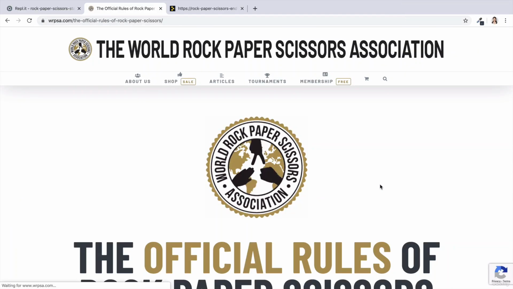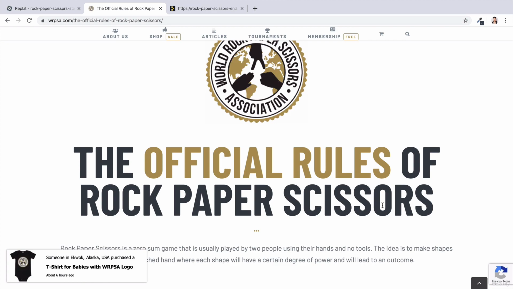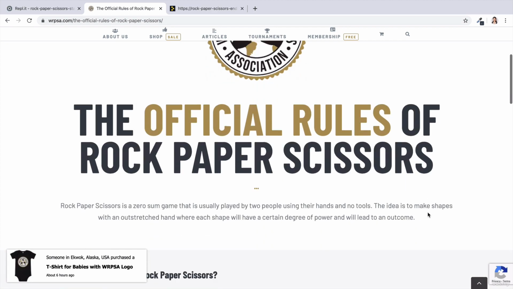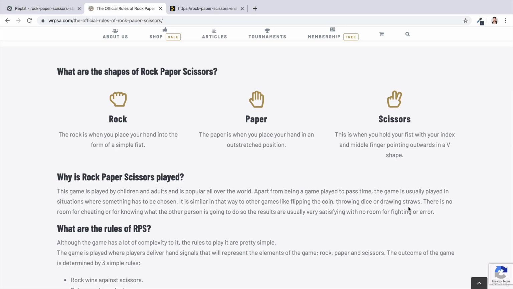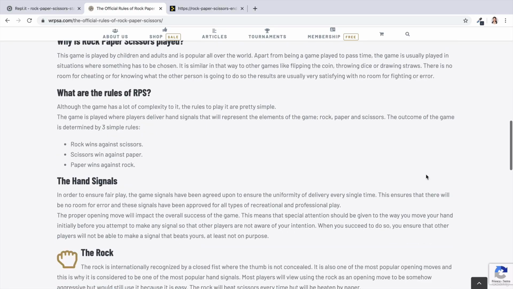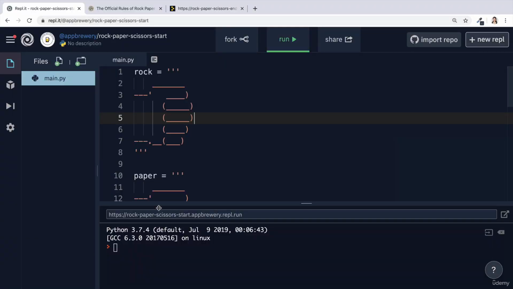While I was looking around, I actually came across the World Rock, Paper, Scissors Association. And they have the official rules listed of rock, paper, and scissors. If you're not familiar with this game, it might be worth checking out this website. Here are the 3 shapes of rock, paper, and scissors. And then the rules are that rock wins against scissors, scissors wins against paper, and paper wins against rock. Having all of this in mind, head over to